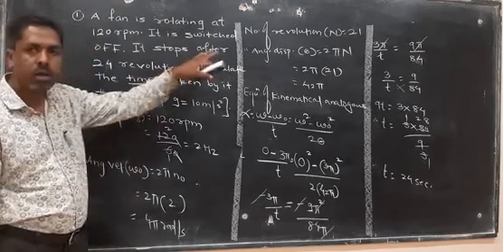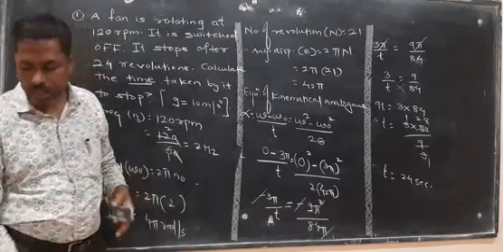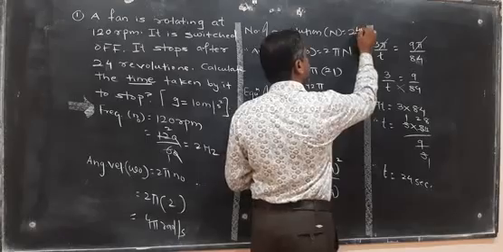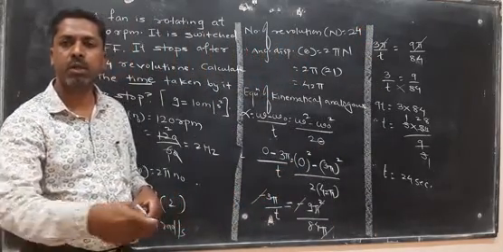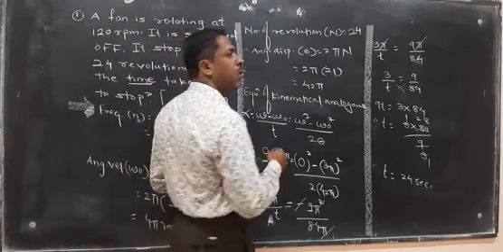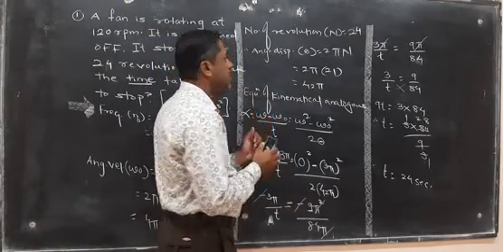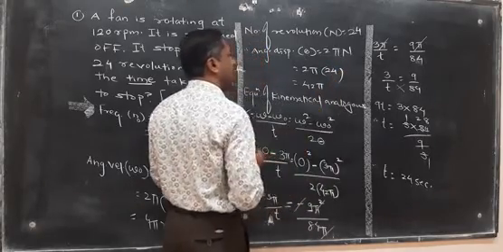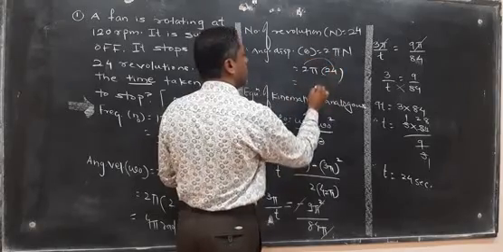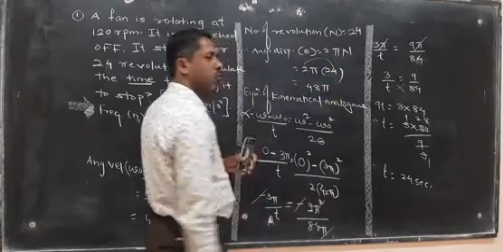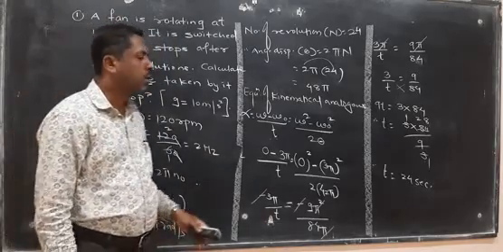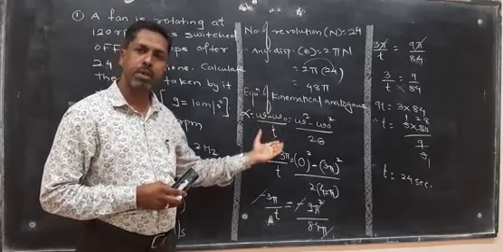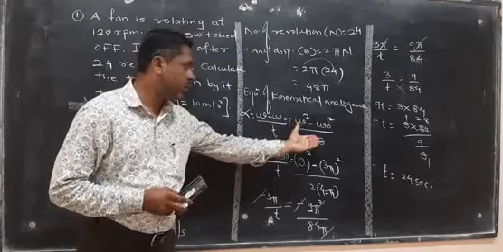Okay. Now, how many rotations did the fan complete? Let us consider the total number of rotations is equal to 24. So angular displacement is equal to 2 pi n, that is 2 pi into 24. It becomes, 2 4s are 8, 2 2s are 4, it is 48 pi. It is the angular displacement. Again, by using the equations, alpha is equal to (omega minus omega 0) upon t, or omega square minus omega 0 square by 2 theta.